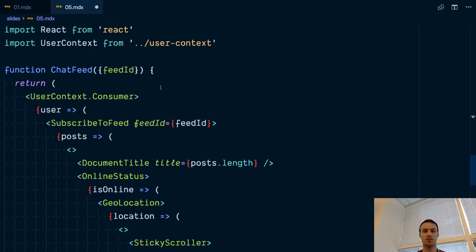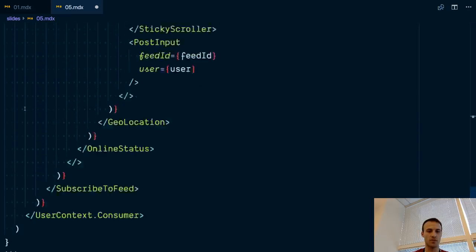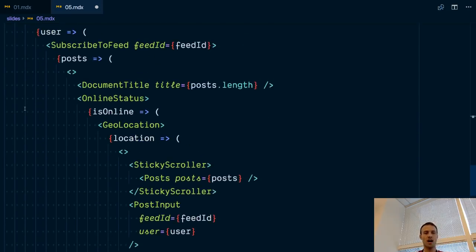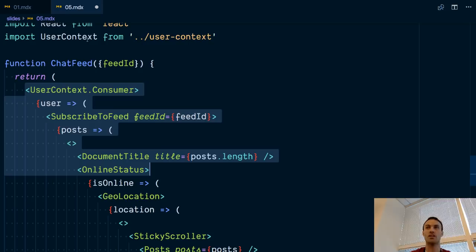I am a huge fan of render props. I've taught render props to a lot of people. I think it's great. But I never felt super comfortable with the pyramid of doom of render props. I always comforted myself in knowing that I could take any of this stuff and put it in another function component to combine them all, so I could have the pyramid of doom in one place, and then use that component. Because React composes really well, I can just combine them all into one function component that I call, I don't know,